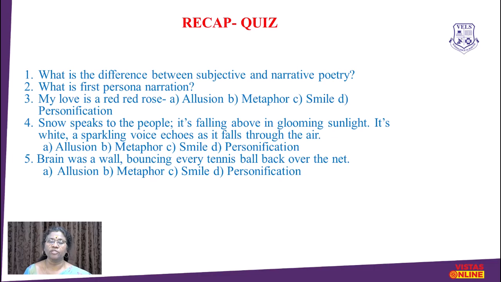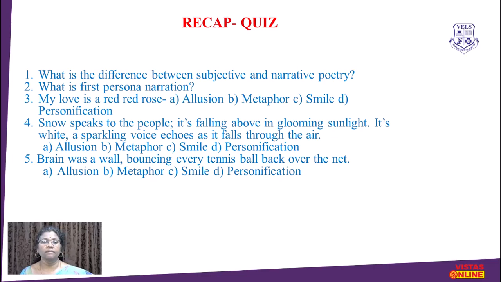Alright, so in the first few lectures we talked about the forms of literature, or the literary forms. We discussed prose, poem, novel, the major genres of four and then subgenres. And then we talked about what is subjective poetry and narrative poetry. And then in this lecture we talked about poetic devices. So what's the difference between subjective and narrative poetry? Subjective poetry is written from the perspective of the poet. I write my own experience becomes subjective poetry. And narrative poetry, I write through somebody about somebody. Alright. But what's the first person narration? When I write as I, the person who narrates is called the first person. I never bring in any name or any he or she.